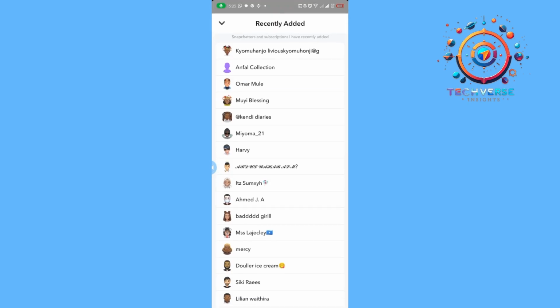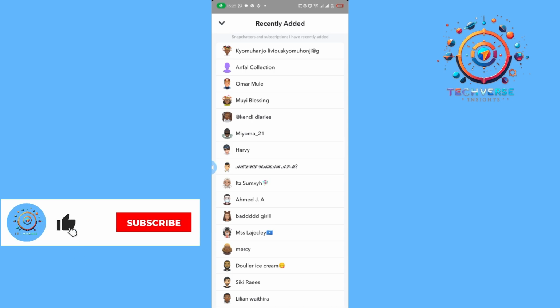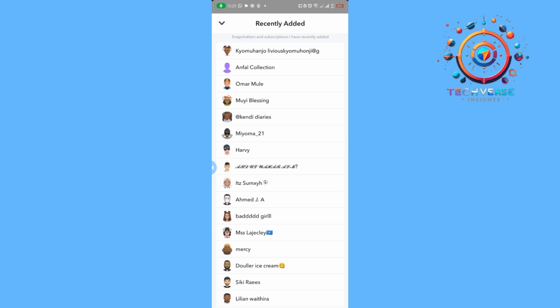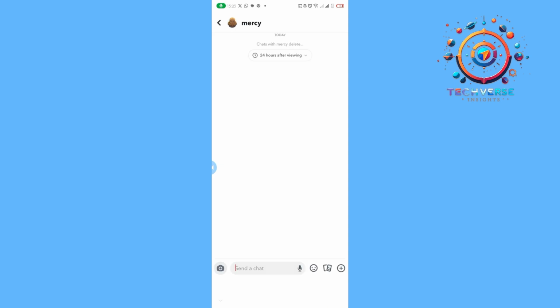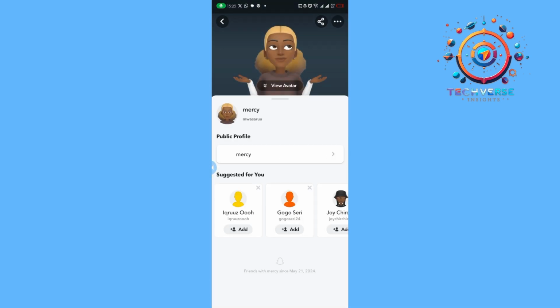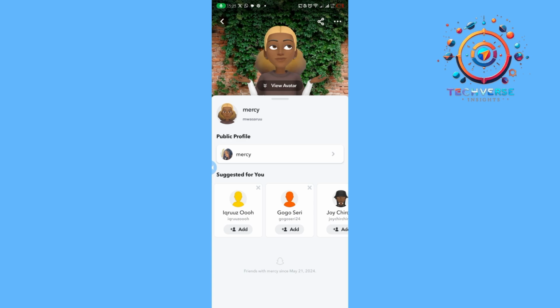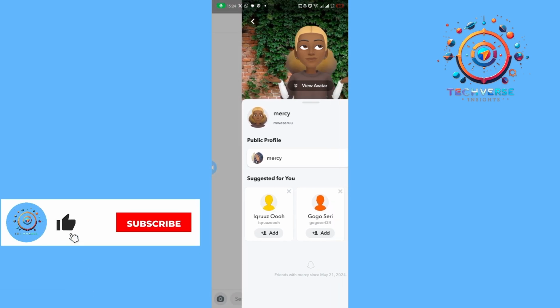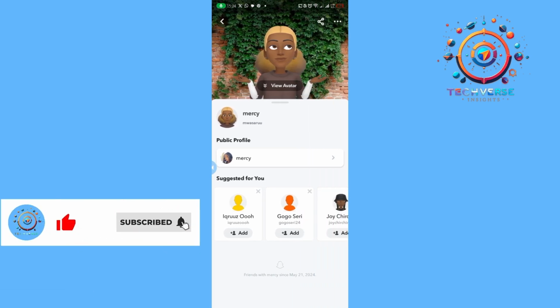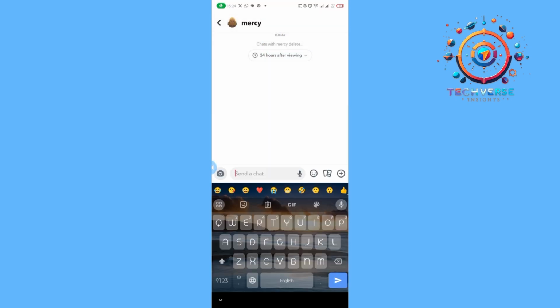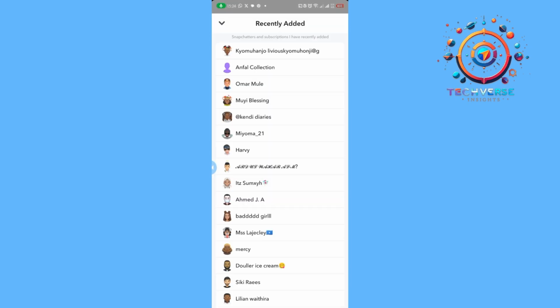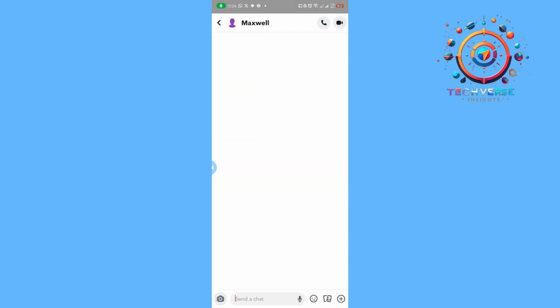And from there, in order for us to know whether they have ignored our Snapchat friend request, once we tap on their profile, it won't give us some other information like their birth dates, which zodiac sign they belong to, and if we can send Bitmoji stories to each other. Like for this person, as you can see, we may not be able to do that since they haven't added us back. So we can decide to look for another person, like let's say this person, and then we tap